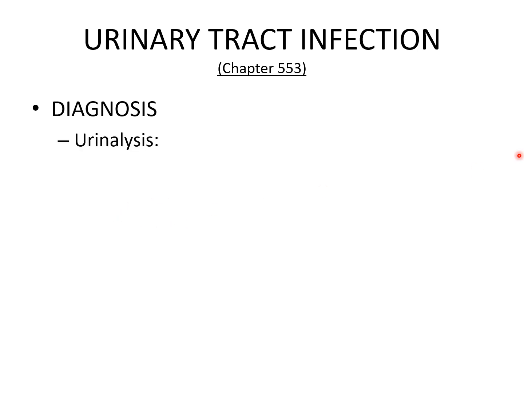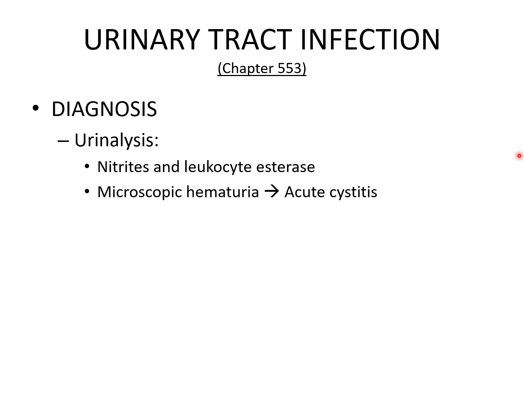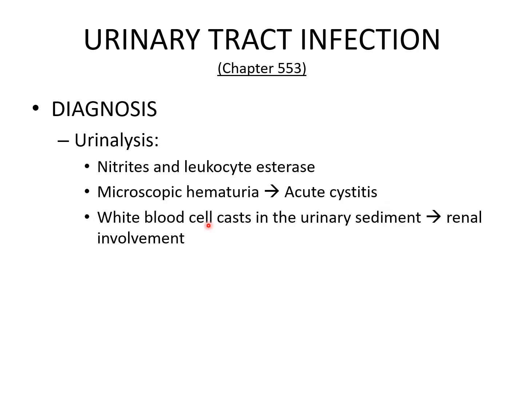So how will we read a urinalysis? If there are nitrates and leukocyte esterase, that would indicate a positive urinary tract infection. Microscopically, if you can see hematuria or blood in the urinalysis, usually the infection is from the bladder, that is a cystitis. But if you have already seen casts or white blood cells in the urinary sediments, that